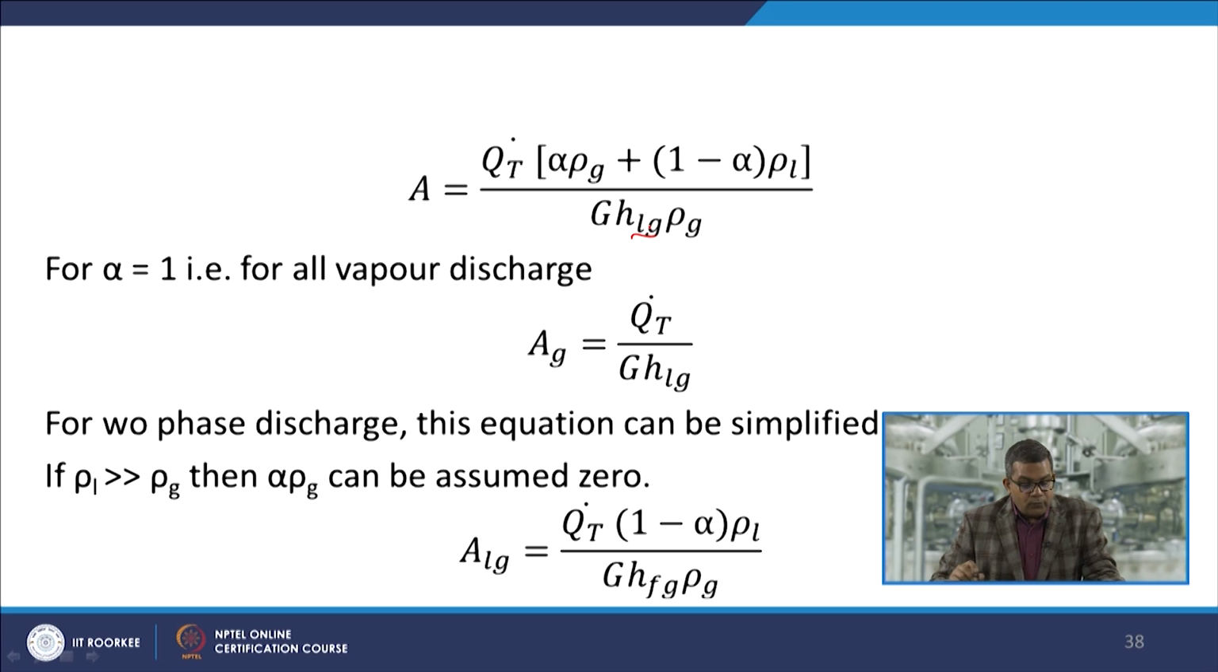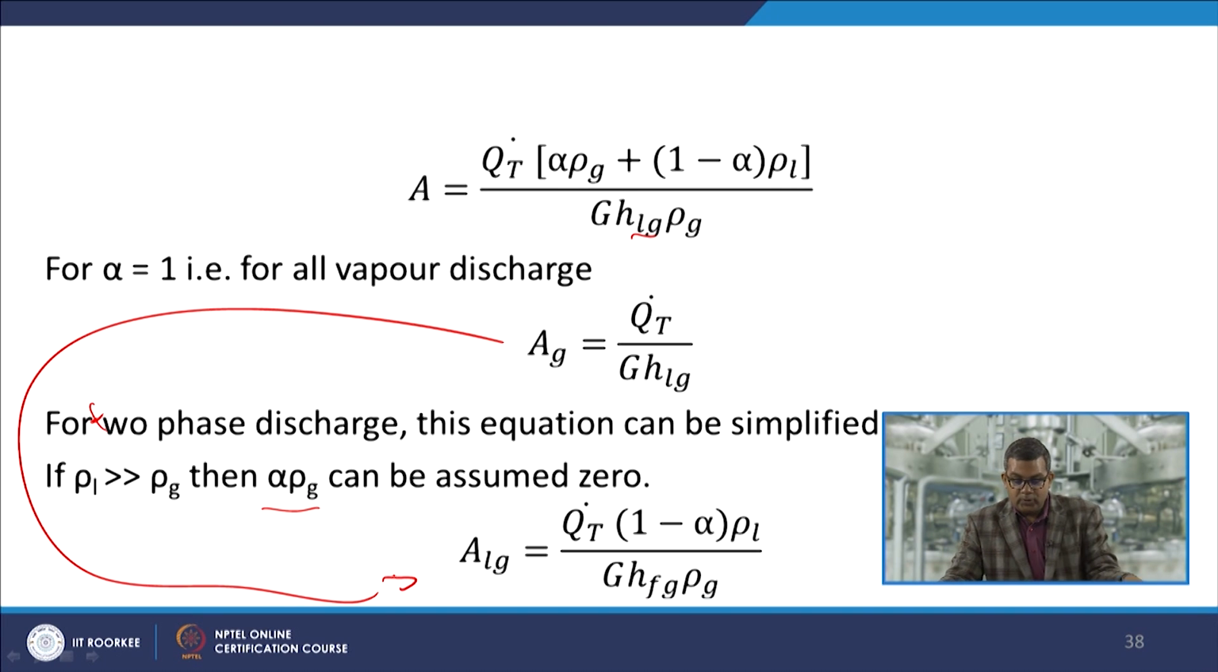Now, if we take alpha is equal to 1, that is for all vapor discharge, then Ag is equal to Qt upon G H L g, that is enthalpy from liquid to gaseous phase. Now, for two phase discharge, this equation can be simplified, and if we take a purely one assumption, that is rho L is greater than rho g, then alpha rho g can be summarized to 0. Then this equation comes out to be